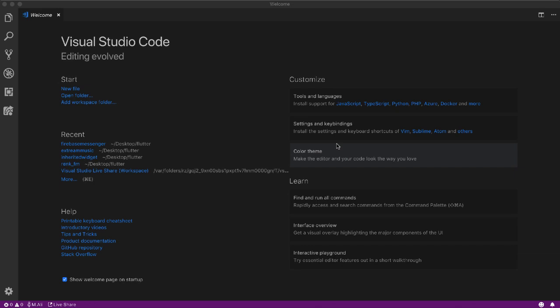Hi guys, I want to show you today how we can use Facebook login with Flutter and Firebase Authentication. Okay, firstly I will make